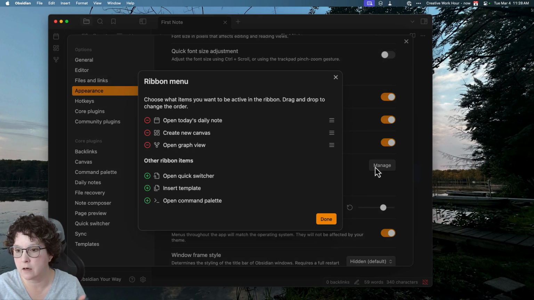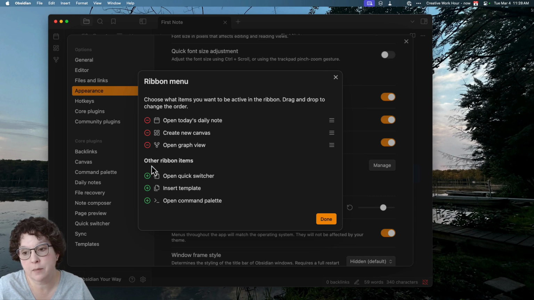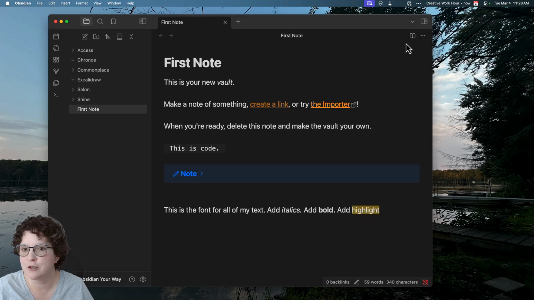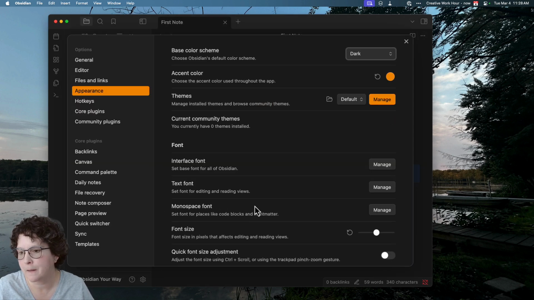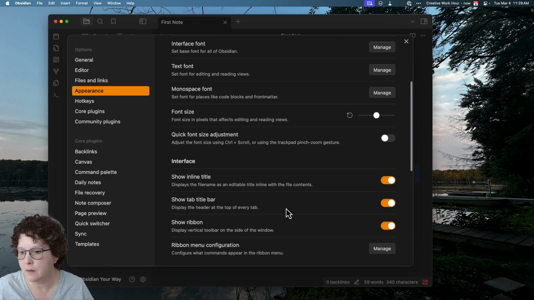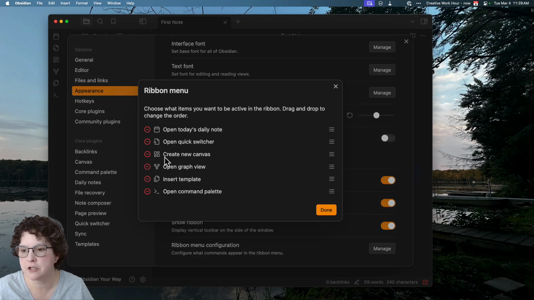So I'll come in here and change my ribbon configuration. You'll notice that by default, I've already changed this from a tutorial. By default, this looks like this. So your ribbon, when you first start a new graph or a new Obsidian vault, looks just like this. If I come in here and I go back to my ribbon menu configuration, I'm like, well, I am never